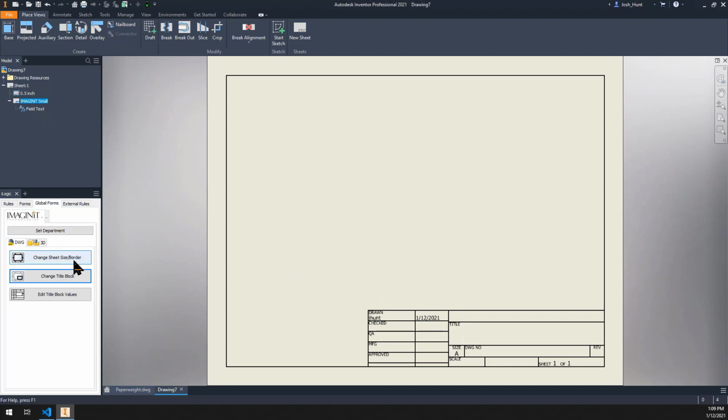So you can come up with whatever environment you'd want. This is just something that I did for one of my clients several years ago, and then I've ported it back over here for demonstration purposes. The other thing I've built here is an edit title block value. So